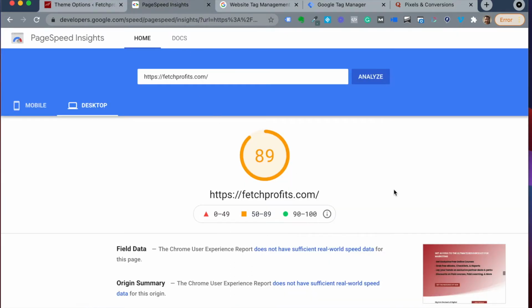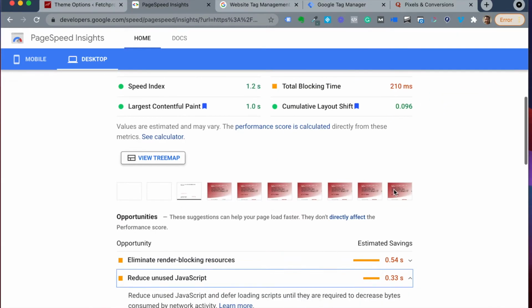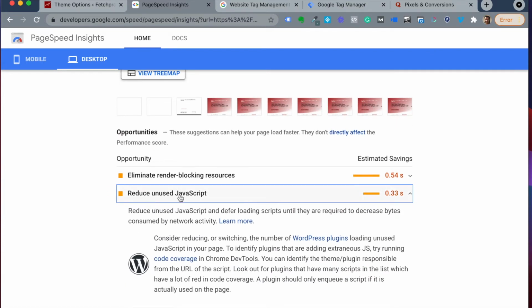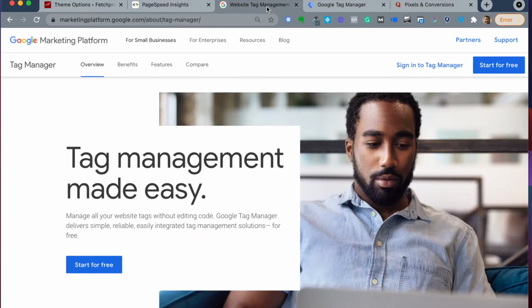As you can see, when you look at your page speed insights, there is a little opportunity here called reduce unused JavaScript, which almost always shows up for most websites. So there is an easy way to reduce this bit at least, and that's by using the Google Tag Manager. You can go to Google Tag Manager by just typing in Google Tag Manager in Google, or going to